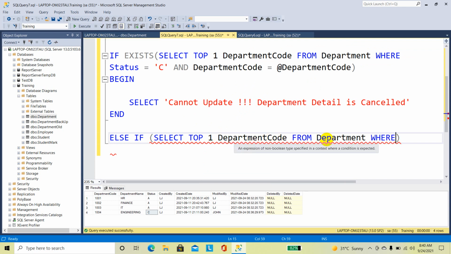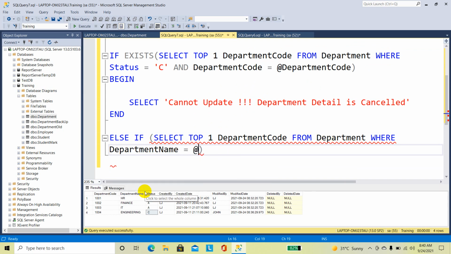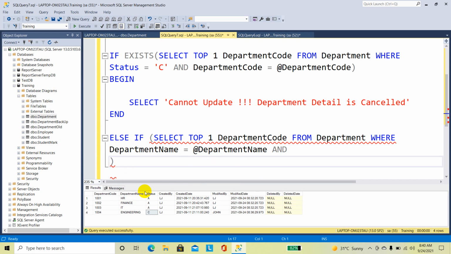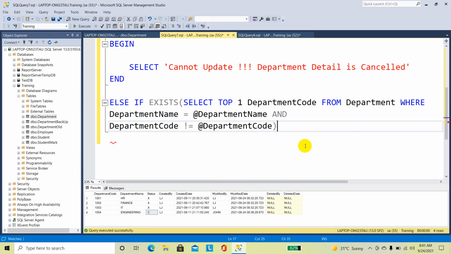Department code from department where department name is equal to @department name and department code not equal to @department code. Here, else if exists, then begin end.